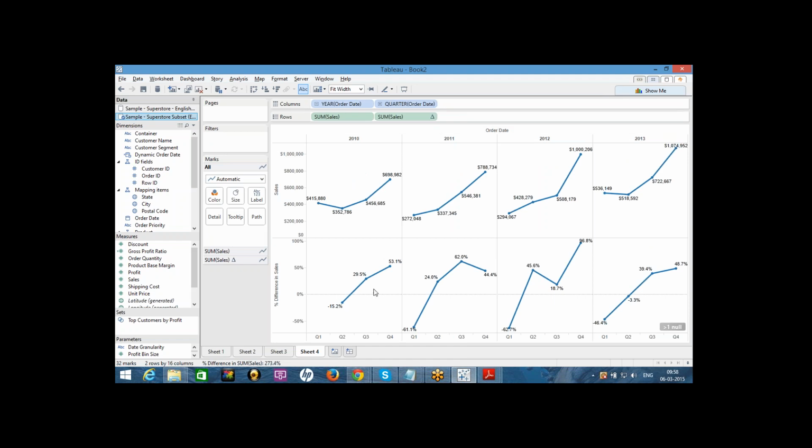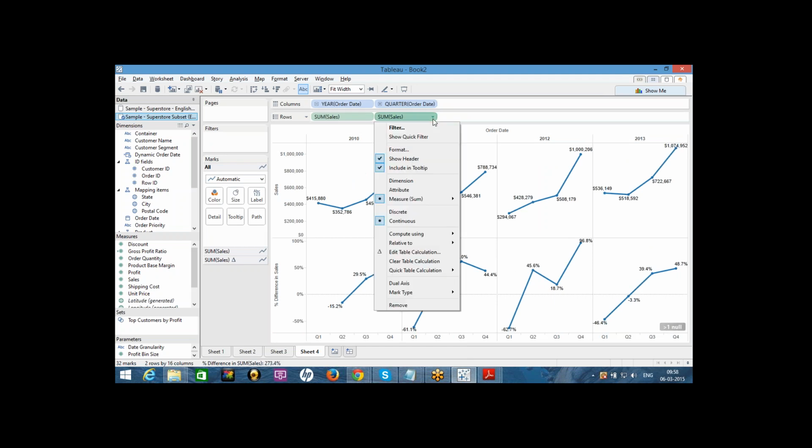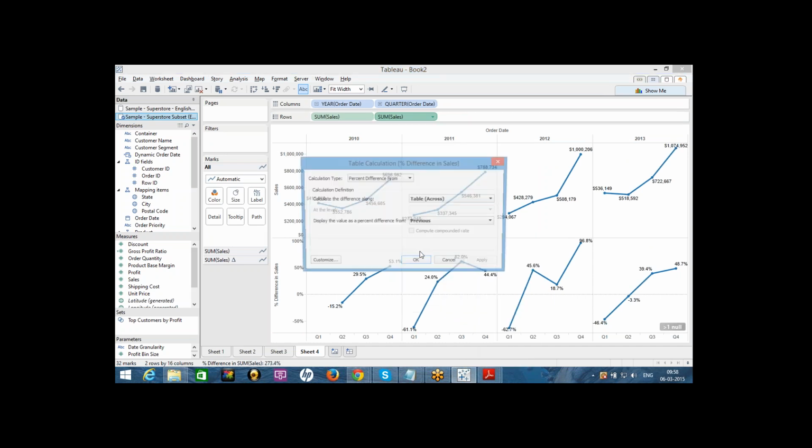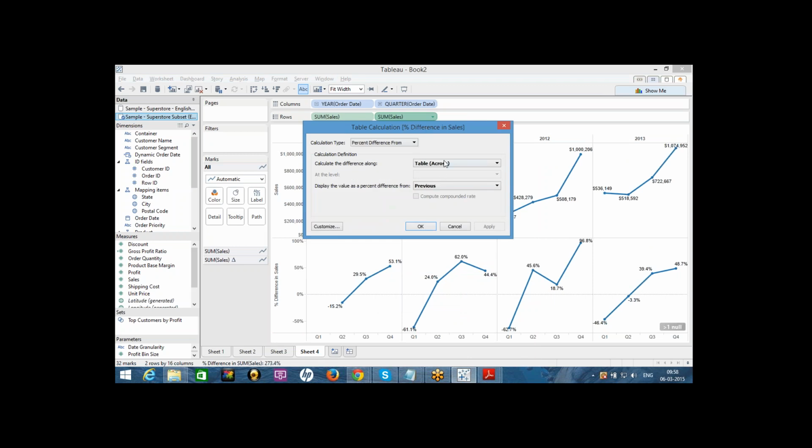And here we are still seeing a null value, click on it, go to compute using, let us go to edit table calculation. Here we got order date. Here select, I want this percent difference to be year wise, not quarter wise. Apply.